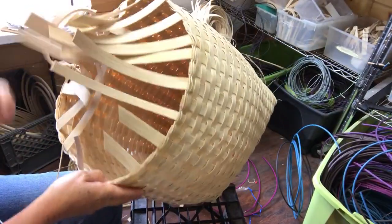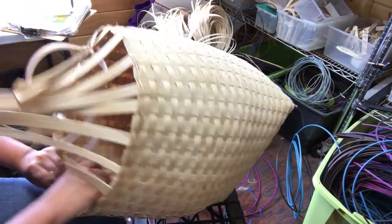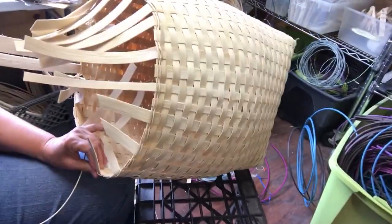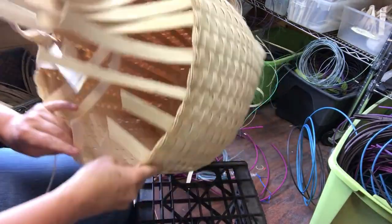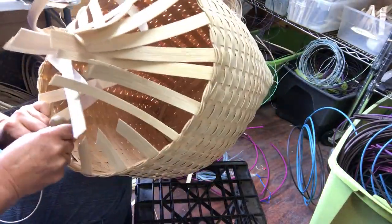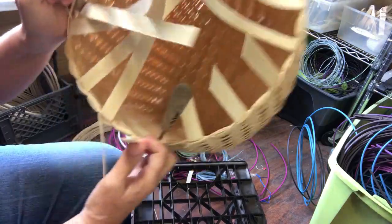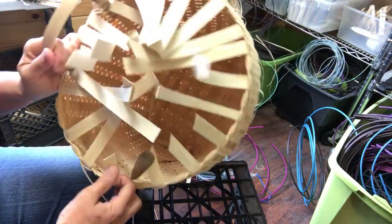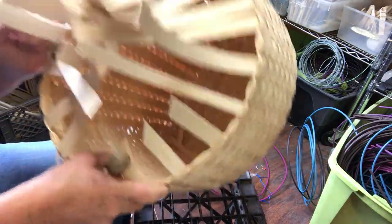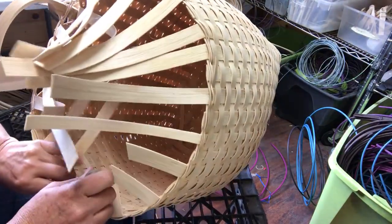All right. So what I'm going to do actually is open up that weave that's in there with a weave right tool, or in this case it's a birch tool, but whatever tool. Open that up, and then I'm going